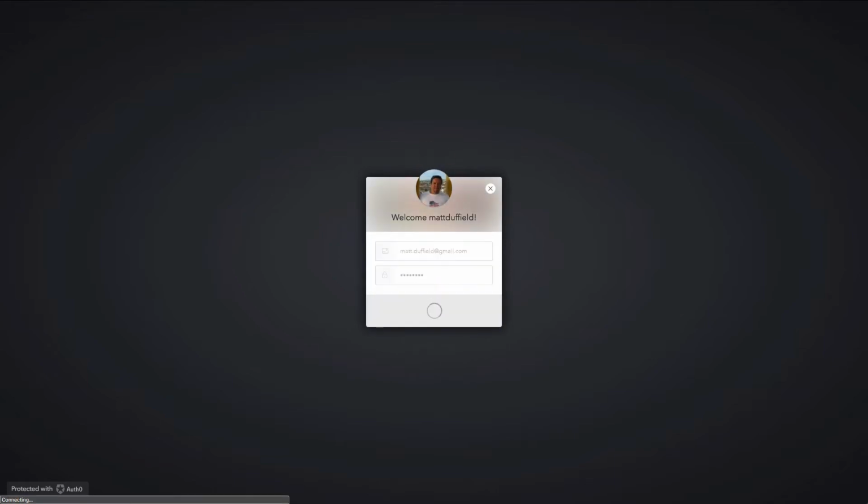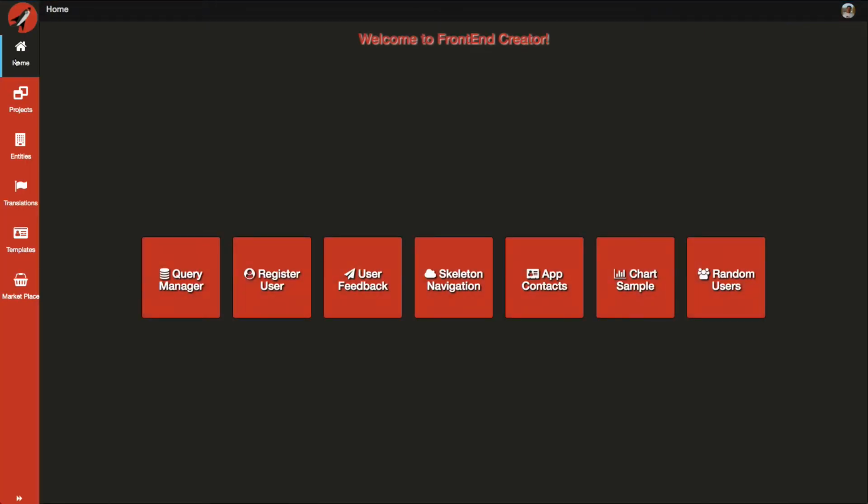So now when you log in, there's this new home screen. Previously it was the projects, but this home screen will allow you to do things like pin projects that you have. So in my projects